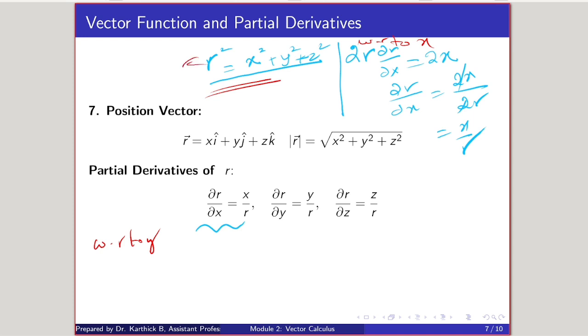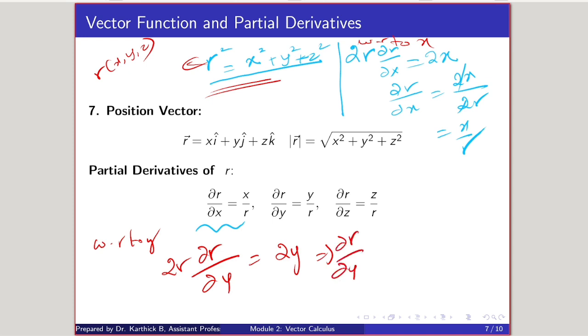Anyway, simply see, r is a function of x, y, z. If I differentiate r square, it will become 2r ∂r/∂y equal to 2y. So simply ∂r/∂y will become 2y by 2r. If I cancel this, you will get y by r. In a similar way, you will get ∂r/∂z equal to z by r. Okay. So then